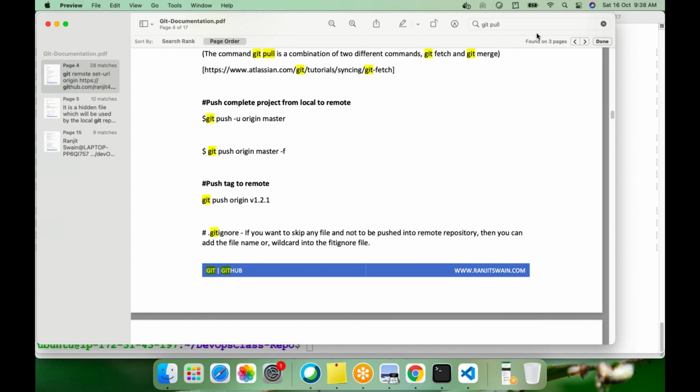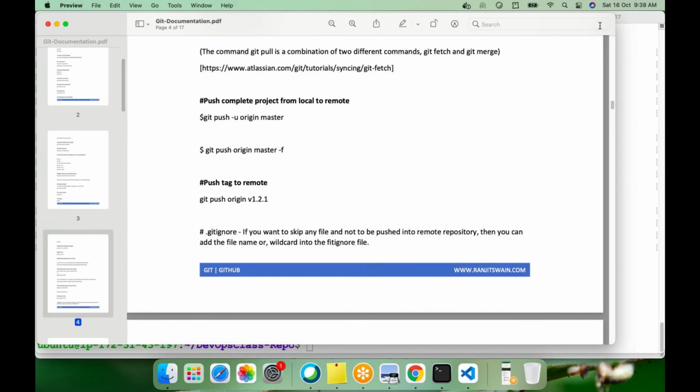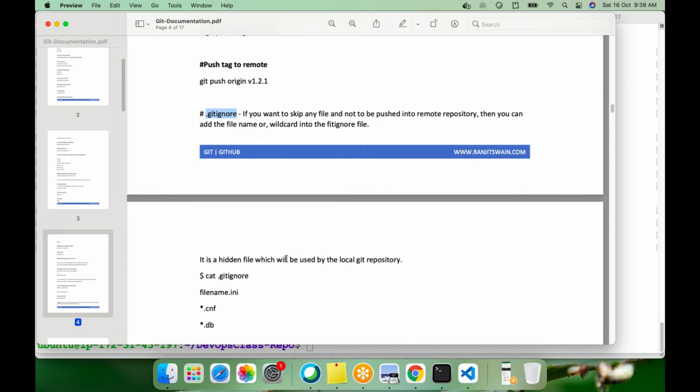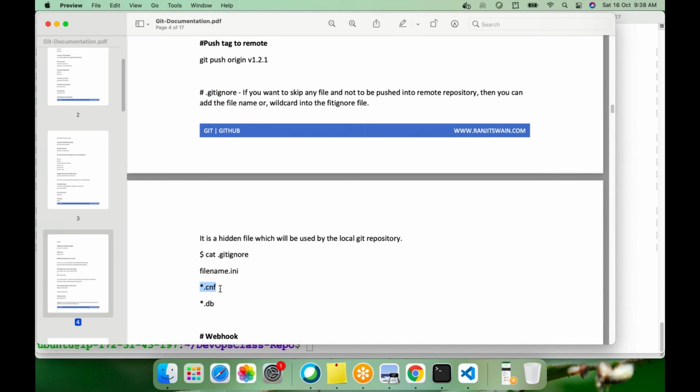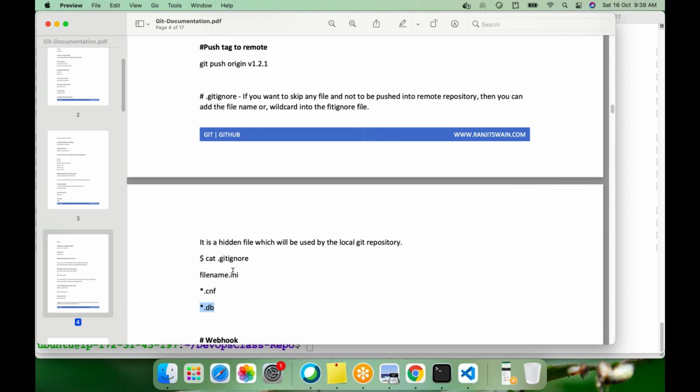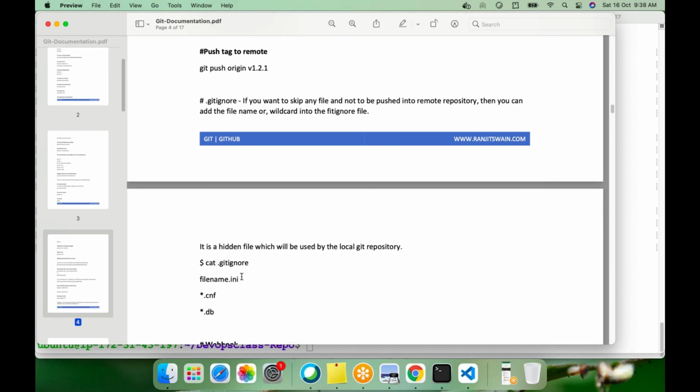First let me explain what this is. If you want to skip any file and not have it pushed into the remote repositories, then you can add the file name or the wildcard to the .gitignore file. It's not "fit ignore", it is git ignore. You have to write it exactly: dot git ignore. It is represented as a hidden file. If you want to skip any files, you can write entries like